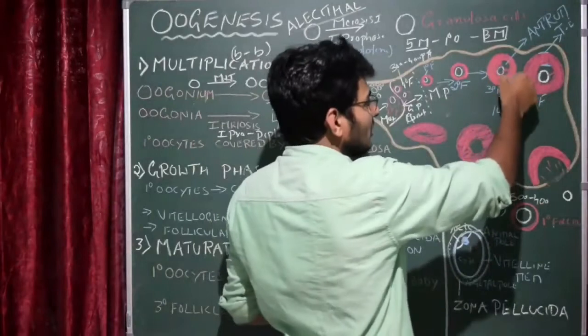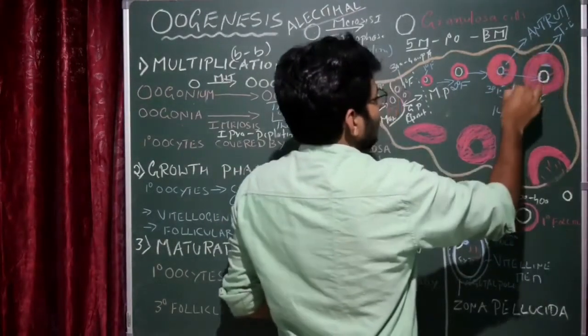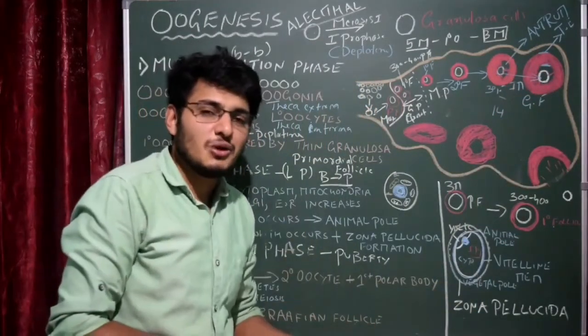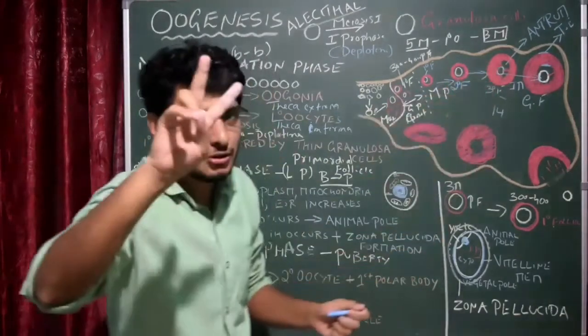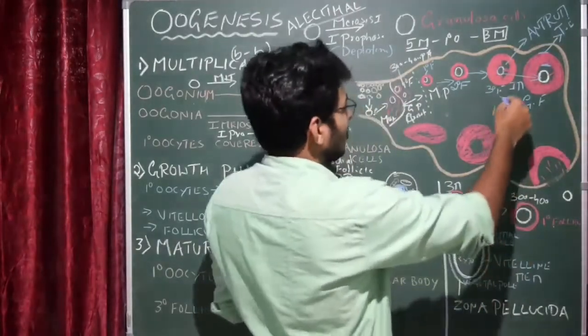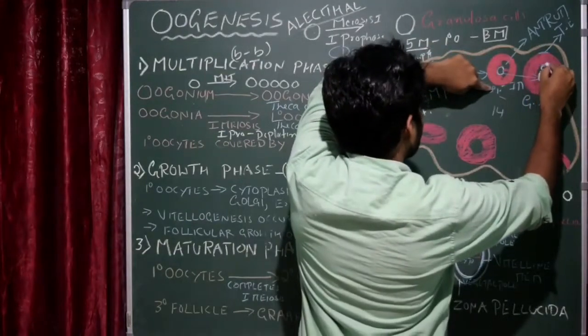Okay, the tertiary follicle enclosing the primary oocyte completes its first meiosis. Okay, that is metaphase 1. Then actually anaphase 1, telophase 1 is completed, and as a result, within the Graafian follicle, 2 cells will be produced. Okay, so I think the tertiary follicle now contains 2 cells. I will draw one more cell here.